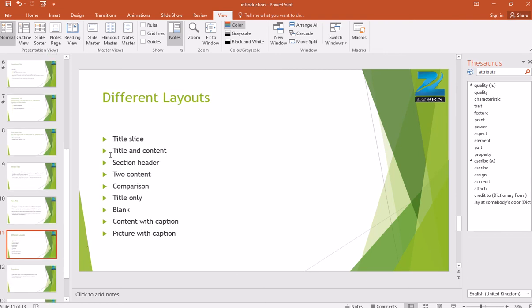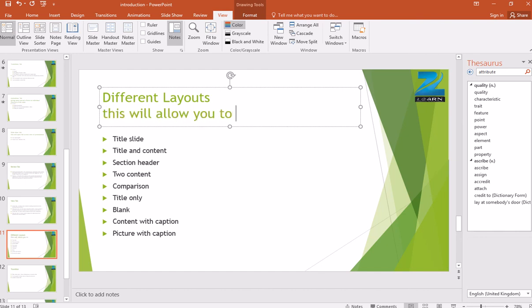Then different layouts. Okay, these layouts we have discussed earlier also. There are different layouts, but the basic nine layouts are what we use. What is layout? Layout will use optimum space in your slide.